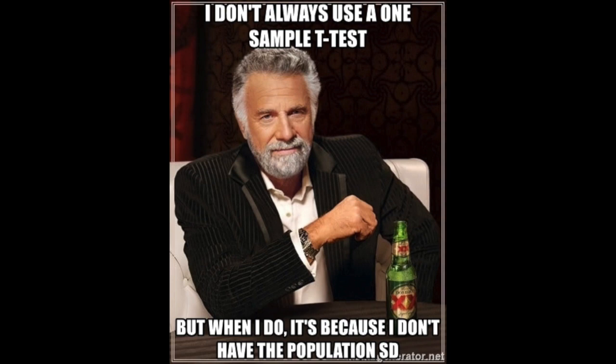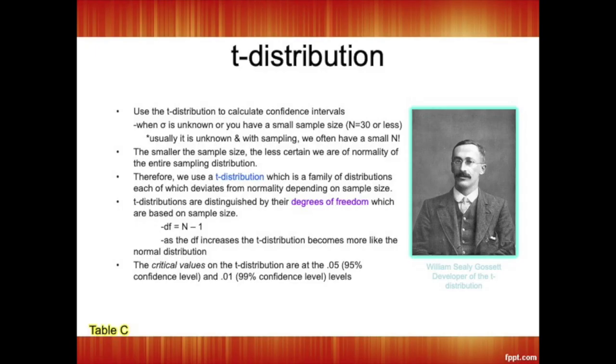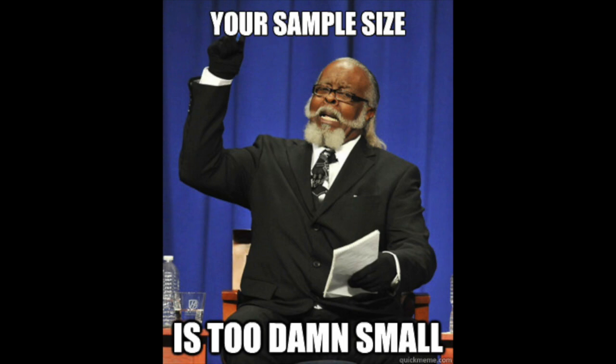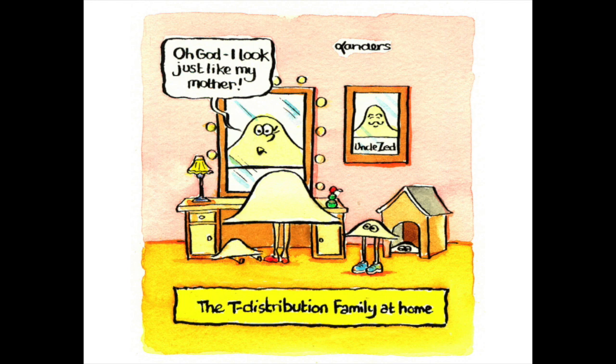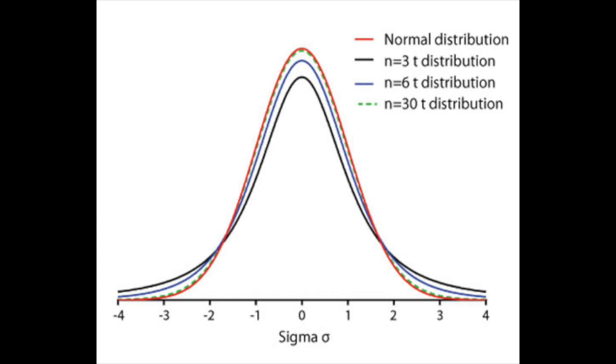And usually our population standard deviation is unknown, because with sampling we're normally taking, like the example we used, 30 people at a time and giving them an IQ test or whatever it is that we're measuring. With sampling, we often have that small n because we're doing these small groups of people at a time. But the smaller the sample size, the less certain we are of normality of the entire sampling distribution. Therefore, we use a t-distribution, which is a family of distributions, each of which deviates from normality depending on sample size. So it's basically a distribution like the normal curve that we're going to use as a basis of comparison,